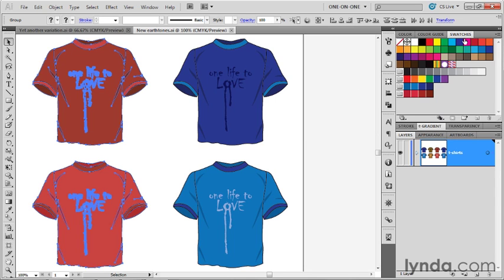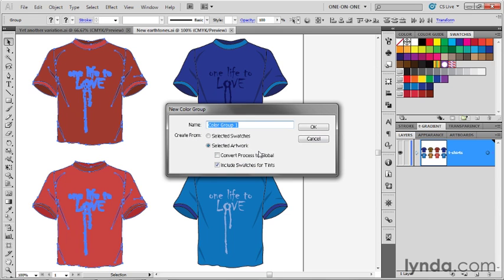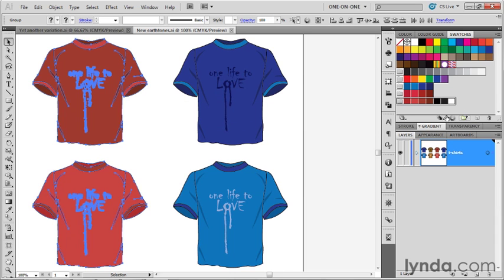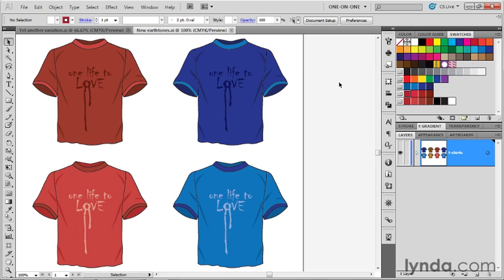I could go over here to the swatches panel and I could say, you know what, let's save these guys to yet another new color group. And I'll call these something like, scarlet shades, let's say, because they're slightly oranger, and then click OK. And then we get a bunch of black and white. So I have to click off my artwork to deselect it. And I have to grab this shade of black and this white and the colors in between. So I clicked on one, shift clicked on the other, drag them to the trash can, and Bob's your uncle,